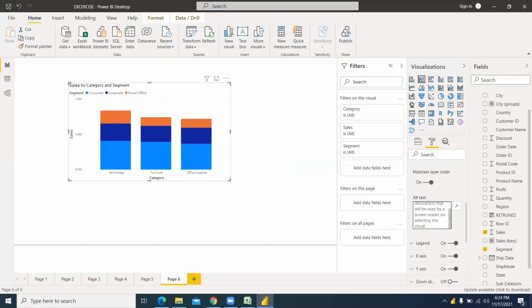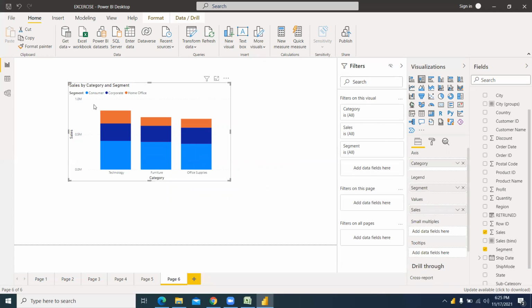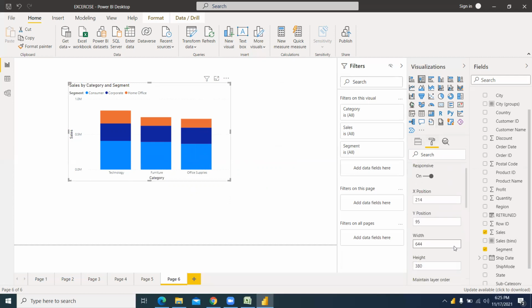And you see, enter a description that will be read by a screen reader on selecting the visualization. When you select the visualization, the description, when you write, let's say I'll write something. So when you select the user on the online services, then it will show. Okay, so you see, right, when you're selecting it, it will be visible on the web, on the online services when you publish it. Okay, so for now you don't have to understand it because nobody uses that. It's rarely used.